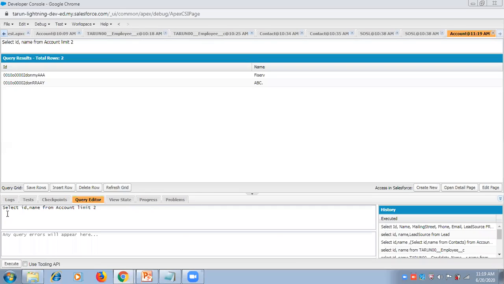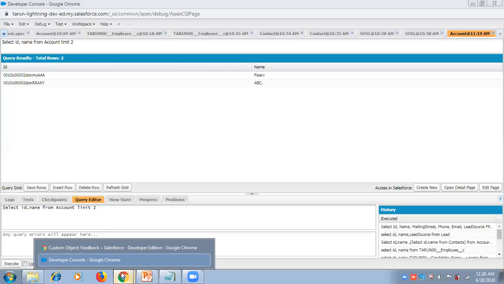So we have just got two records. Limit two means how many records you want to fetch by using the query. So I will tell you one more example for the related data.